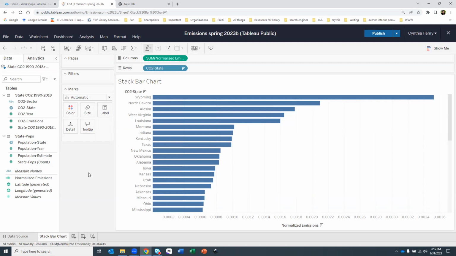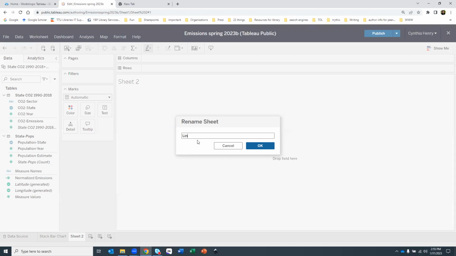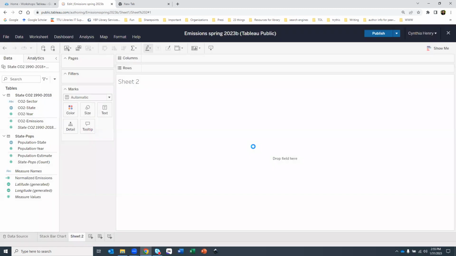And then let's go ahead and do a line chart. And so I'm going to go ahead and click on a new sheet and rename that a line chart. And say, okay. I find it helpful to label it as if I know what I'm going to be doing in the beginning. But if not, definitely be labeling it as you're completing it before you get into a dashboard. So, okay, with our new sheet,